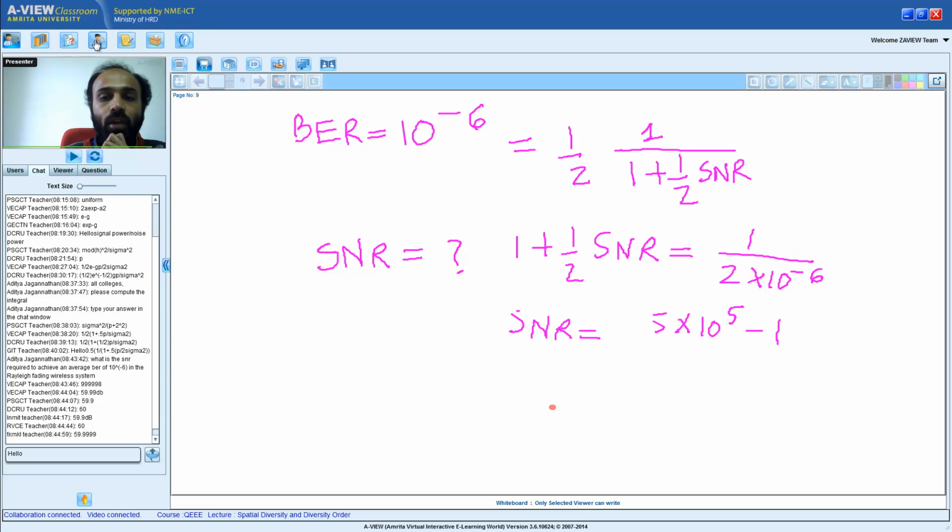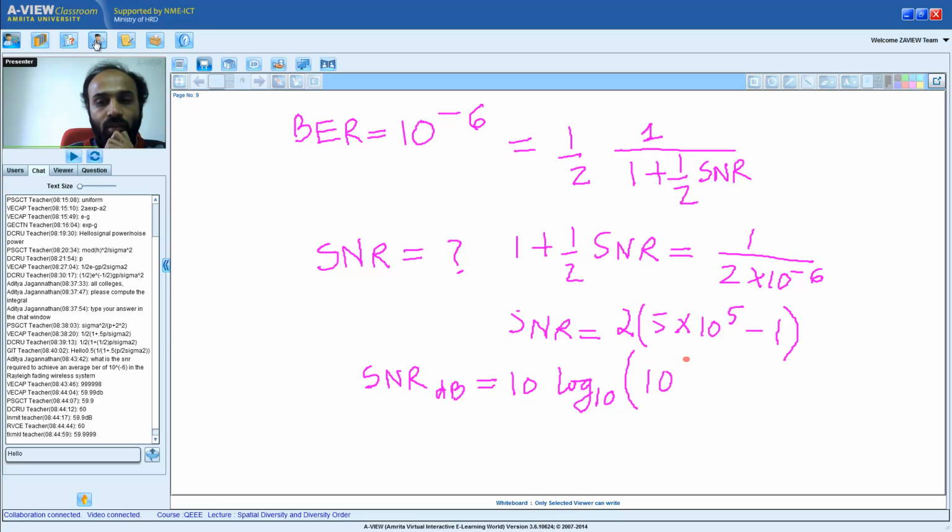So SNR is approximately twice of this value, and SNR in dB is equal to 10 log 10 of this value, which is approximately